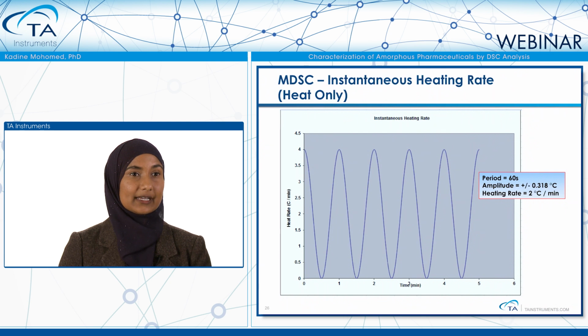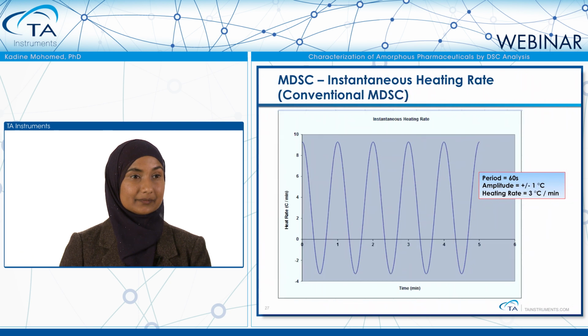And the conditions are set through the amplitude, the period, and the maximum or average heating rate. These conditions are ideal when looking at materials that are semi-crystalline or crystalline. The other conditions would be conventional MDSC, where the amplitude is set to be high enough